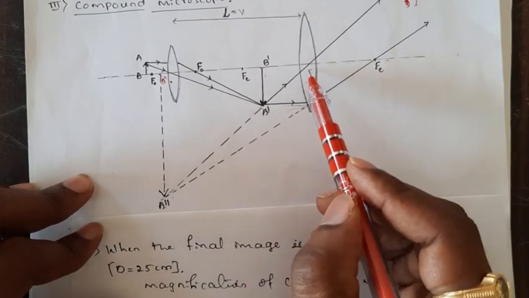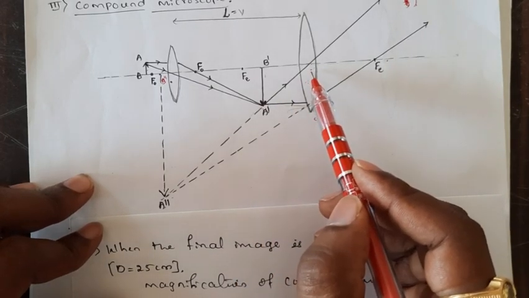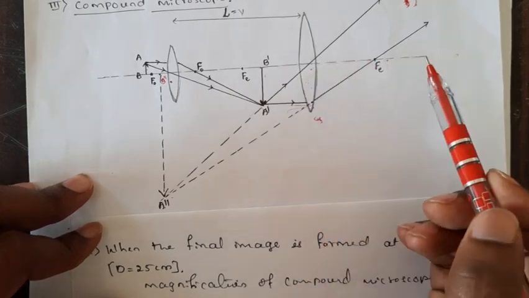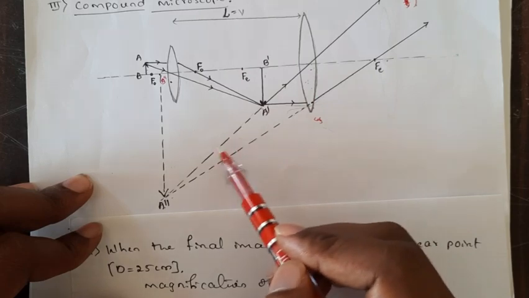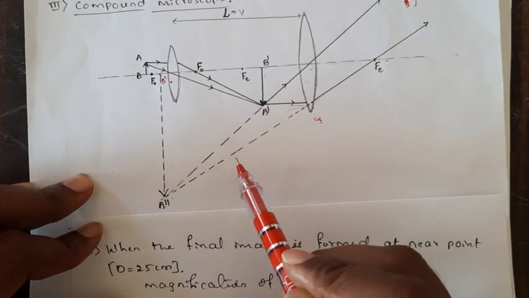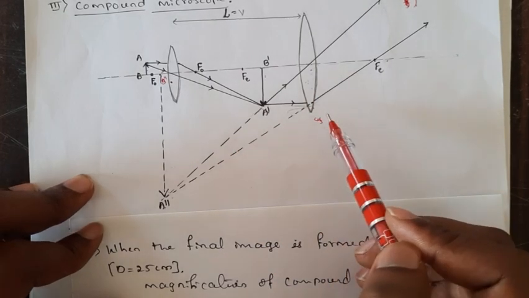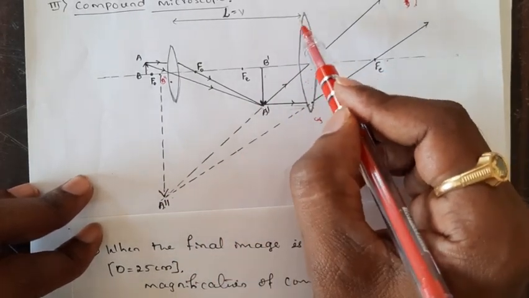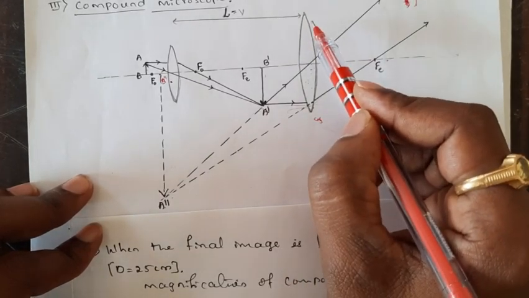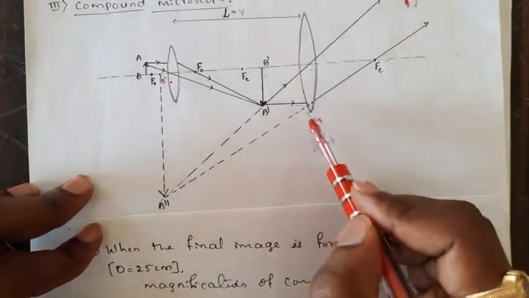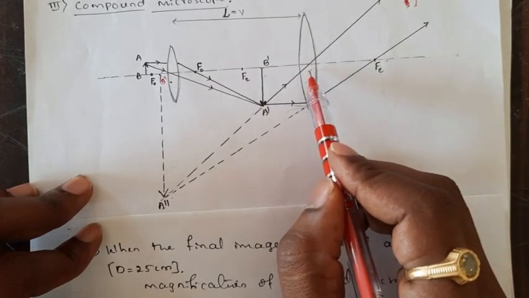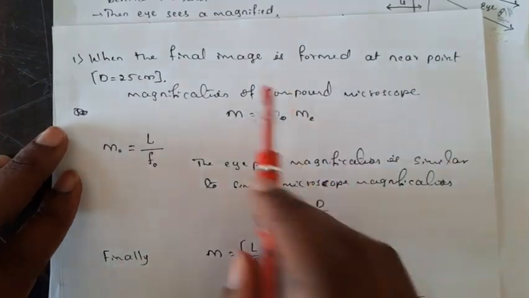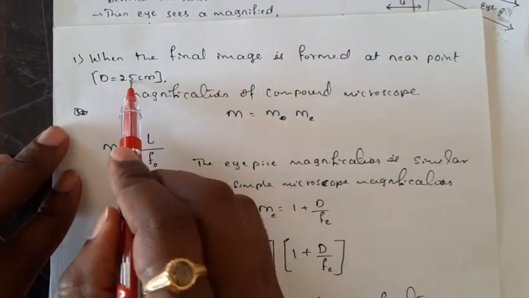So we can adjust the eyepiece so that we get the relaxed eye condition, or the stressed eye condition. When you get a stressed eye, the image is at distance d, the near point. When you get a relaxed eye condition, the image is formed at infinity. The adjustment for the near point or infinite distance is on the basis of the position of this lens. We can adjust it here. If you adjust the image at the near point, that is 25 centimeter.